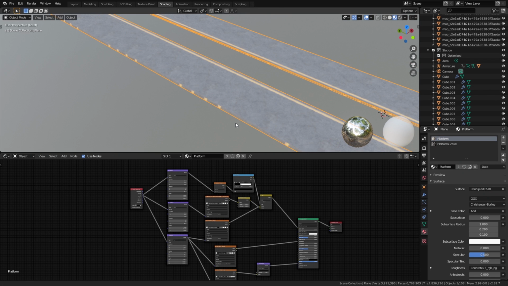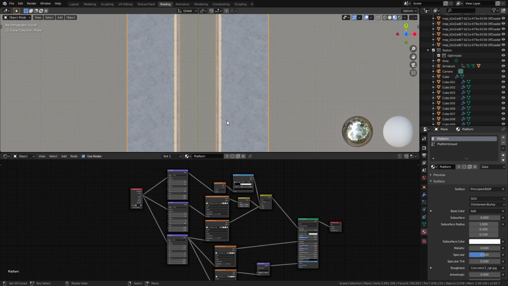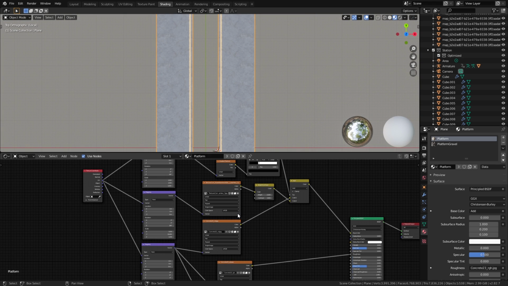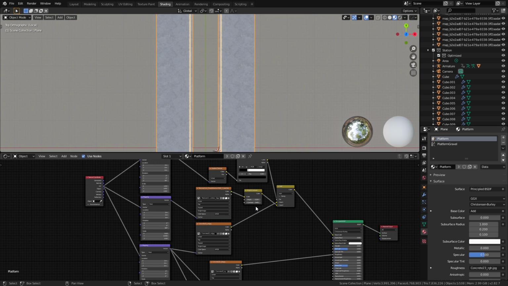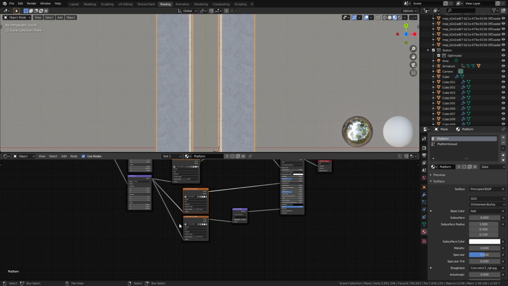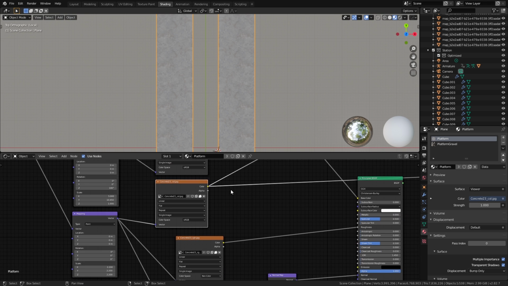I decided to start with the platform first as I thought it would be pretty straightforward, and it kinda is, but kinda isn't at the same time. It has a simple PBR material made from textures that I got online for free, the links to which I will leave in the description down below. But it basically has a base color, roughness, and normal map hooked up to a principled shader,